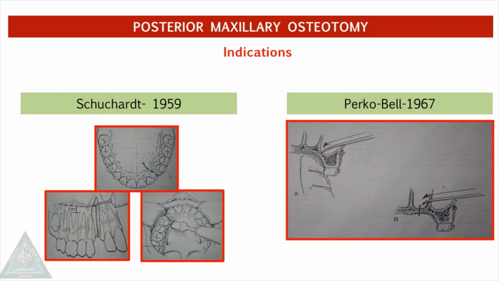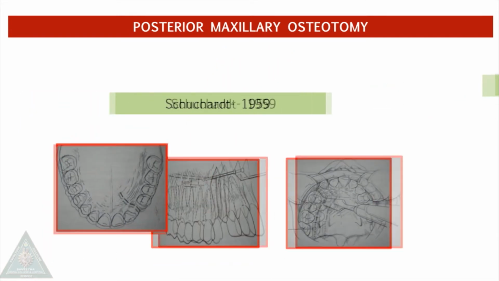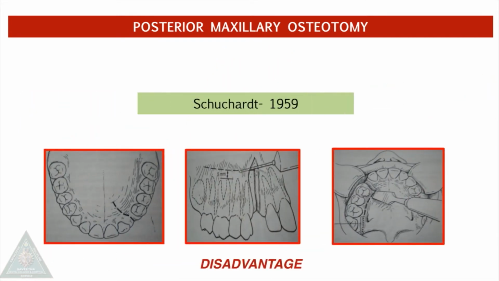of posterior cross bites. There are two types, namely the Schuchardt technique and the Perko and Bell technique. In Schuchardt's technique, a vertical incision is given in the buccal region and it is combined with a parasagittal incision on the palatal region. The osteotomy is done using these incisions and the segment is mobilized and fixed as per